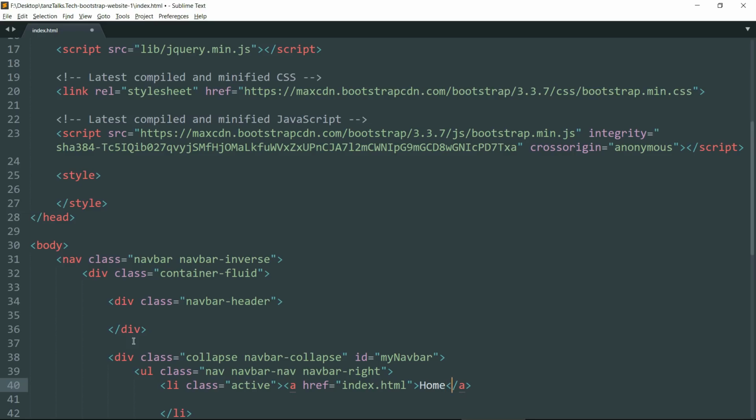Now let's create more links for the navigation bar. Let's create more links, li tag, then a tag with href index.html and give the text as, let's say, About. Since all the pages are not ready right now, I have written index.html.